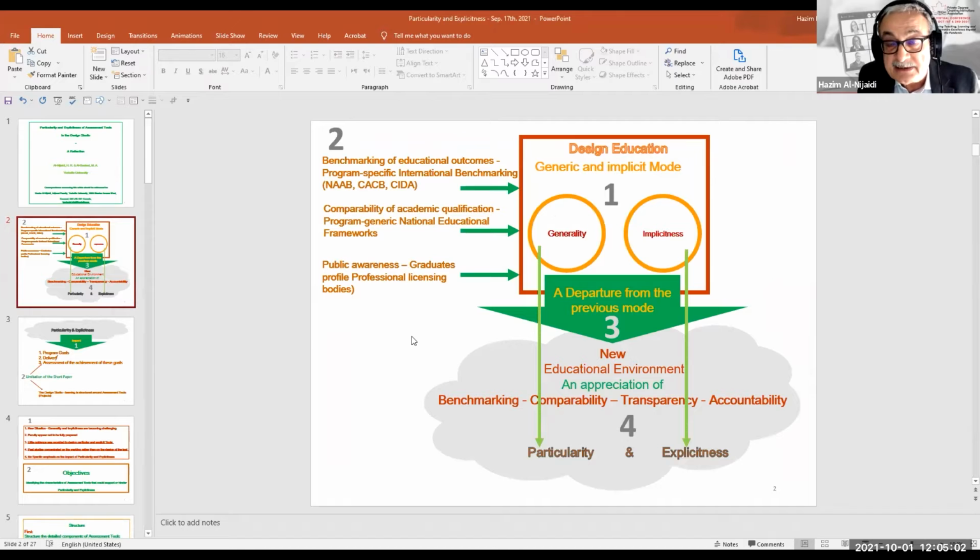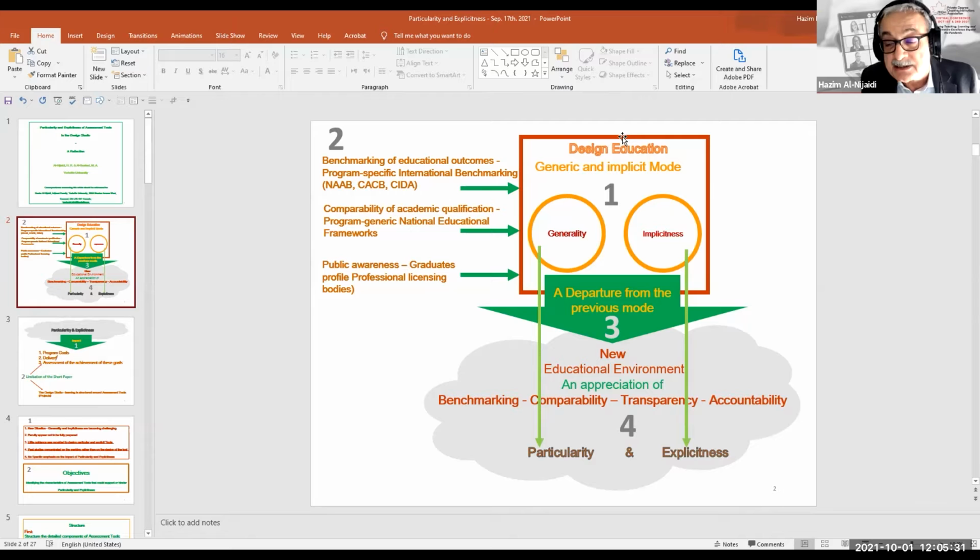I will start with this slide quickly because it gives a background to the presentation, and we'll see here the traditional context of design studio teaching. And here I will look at the general influences that happened in the last decade and the new environment that's forming in view of these challenges.